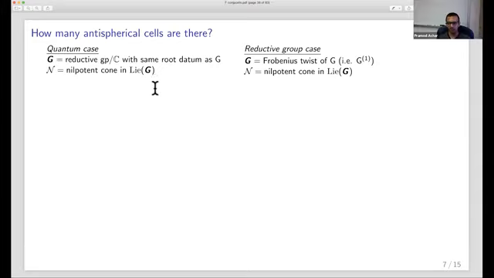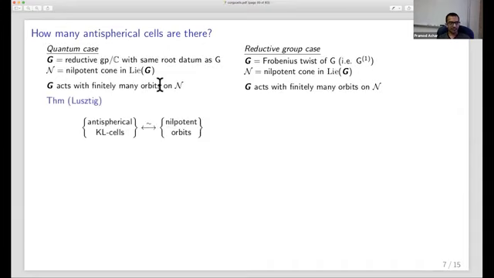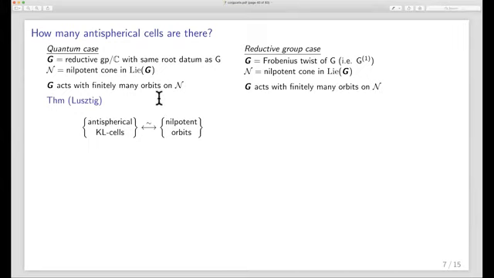So boldface G, what you should think of as target of Frobenius. And boldface G has a nilpotent cone, and it acts on that nilpotent cone with finitely many orbits. And here's a theorem of Lusztig that goes way back to the 80s. The theorem says that there's a canonical bijection between anti-spherical Kazhdan-Lusztig cells and nilpotent orbits. And so in particular, a consequence of this, which is not at all obvious from the definition, is that there are